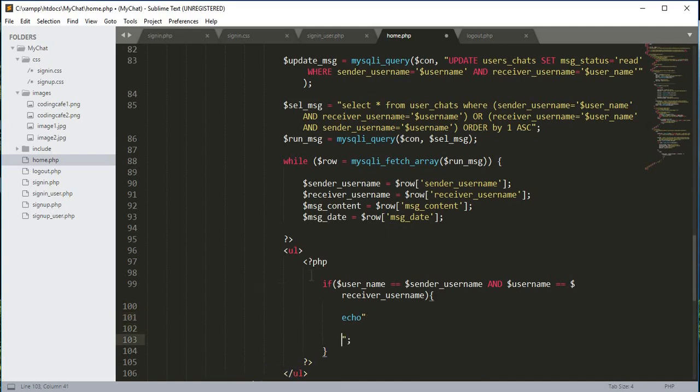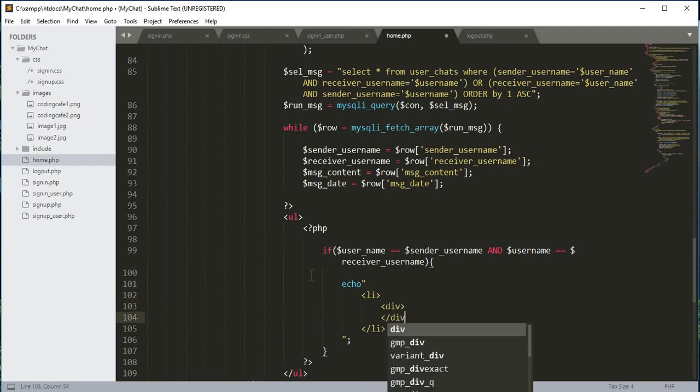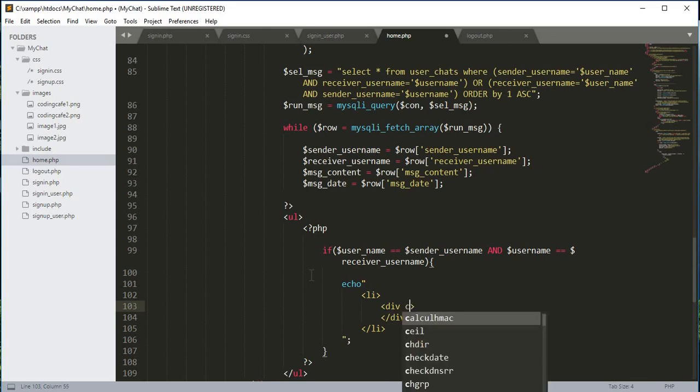Now we will echo the username, message date, and message content for the receiver, and after this we will show their username, user message date, and message content for that user which is online. Okay, so inside this echo tag we will open up an li, close that li, and then inside this li we will open up a div, close that div, and then the div class will be equal to